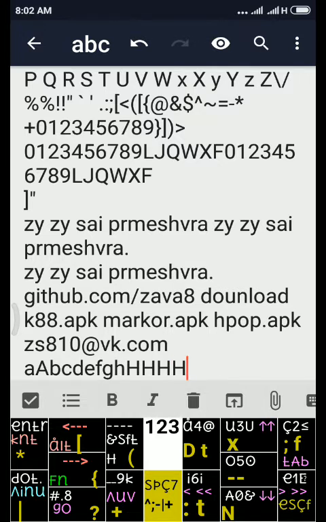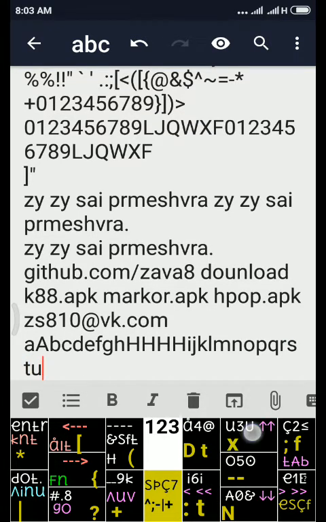So A B C D E F G H I, J, K L, M N O P Q R S, T U V W. The yellow key has X written, so space.